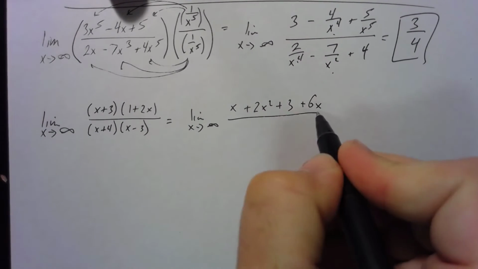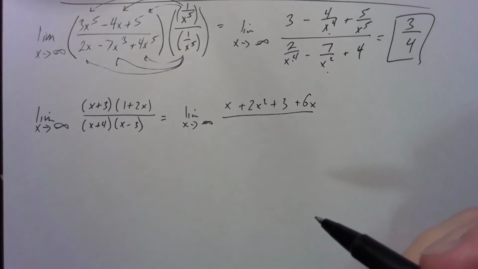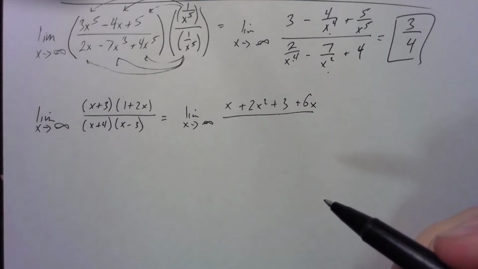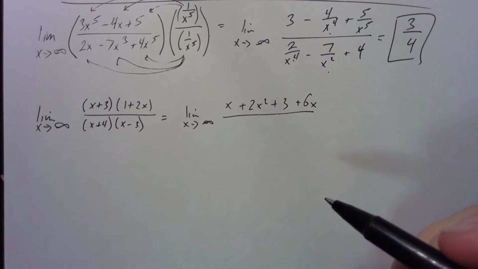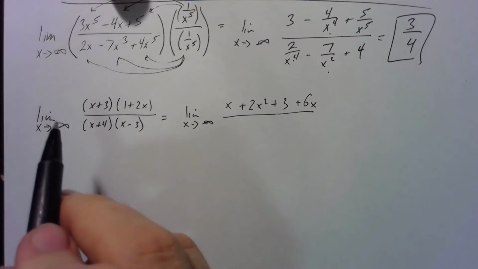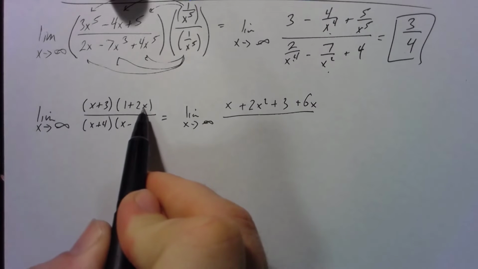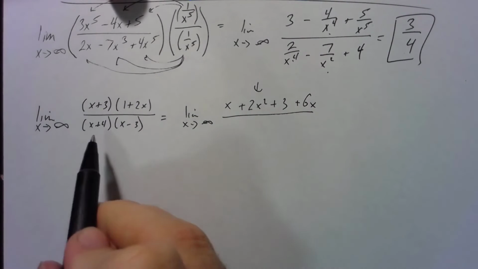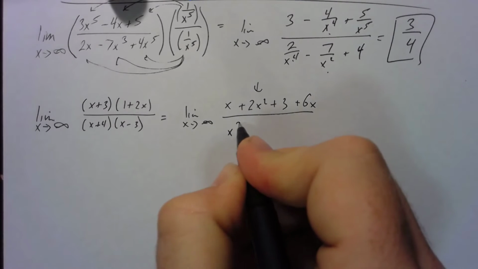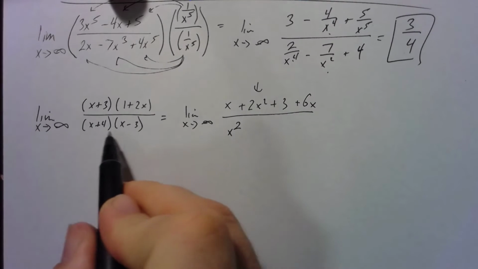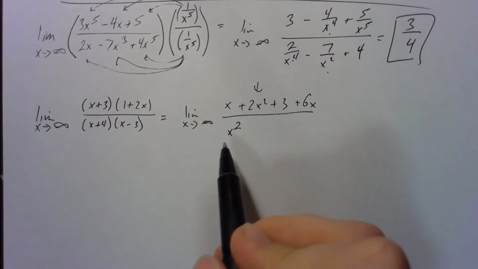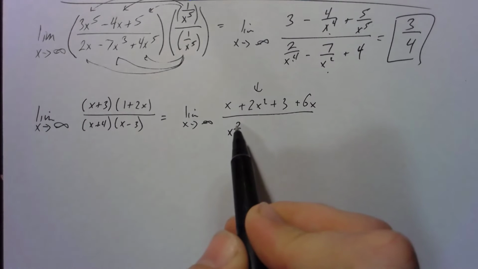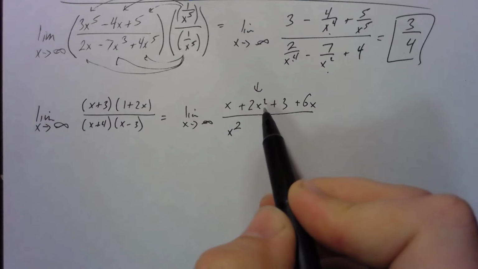We could do this same exact thing with the denominator, but what I'm going to recognize is I need the largest powers of x on top and on bottom. The largest power of x would be me taking x times 2x. It's all the x terms multiplied together here. That's this term right here. And then if I do the same thing with the denominator, that's going to give me just x squared. There are a lot of other terms that are going to be here, but knowing that the largest power of x in the denominator is x squared and the largest power of x in the numerator is x squared,